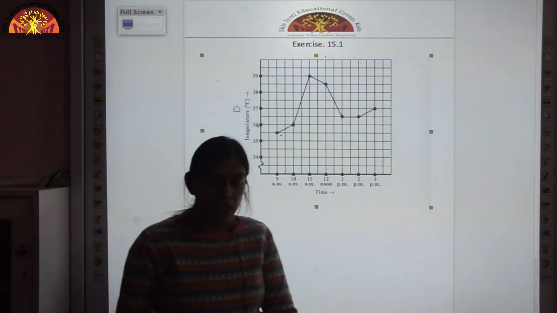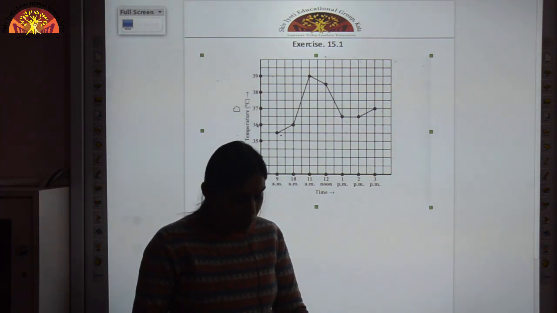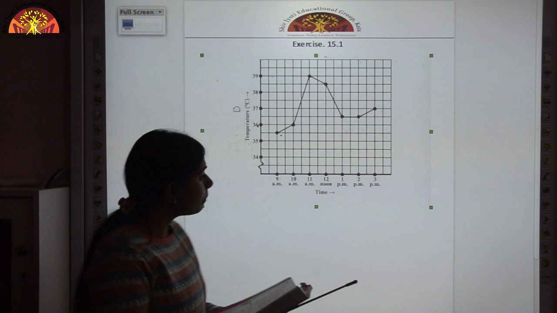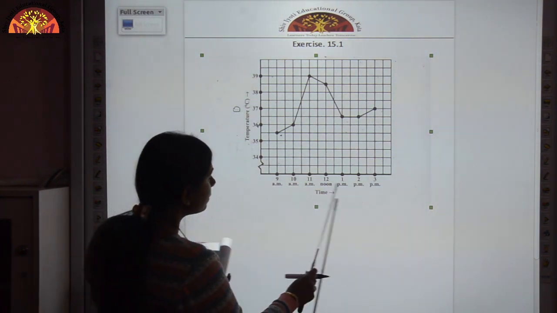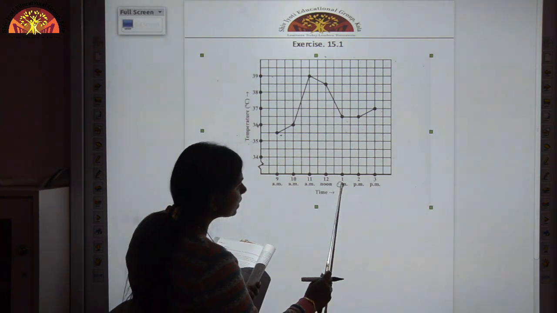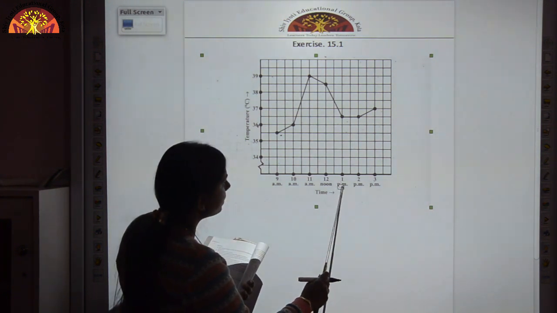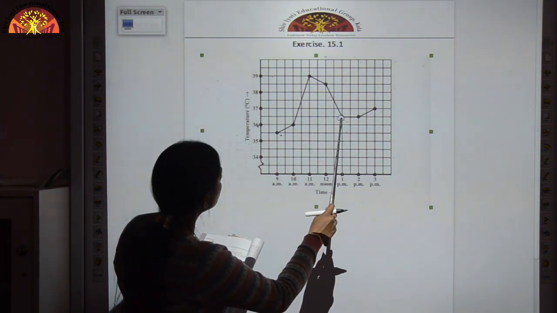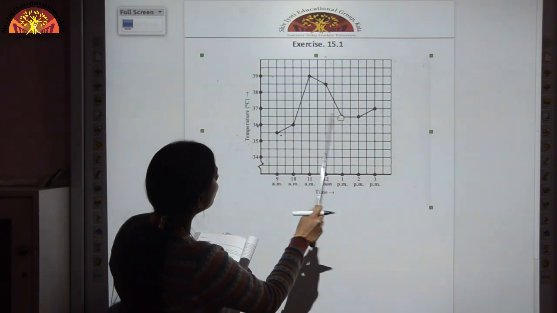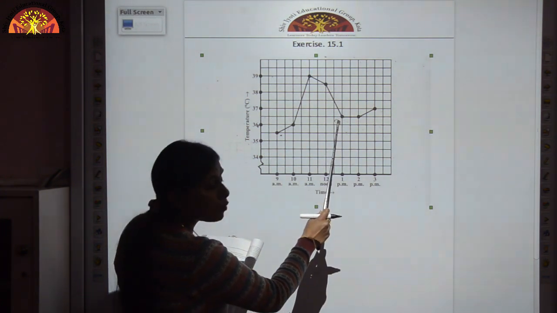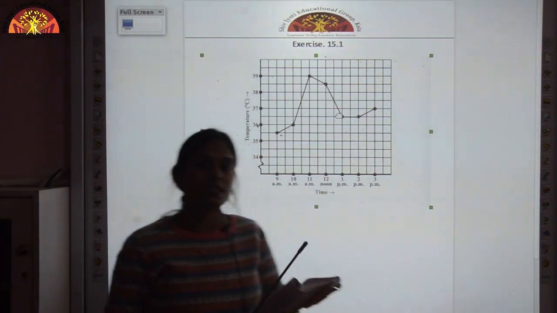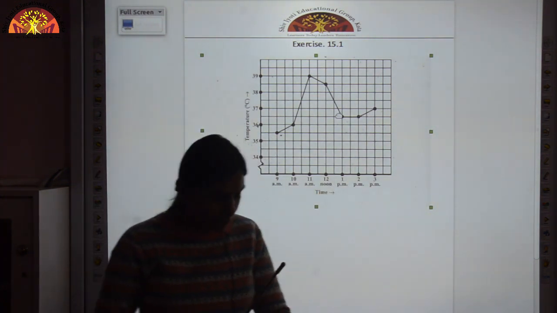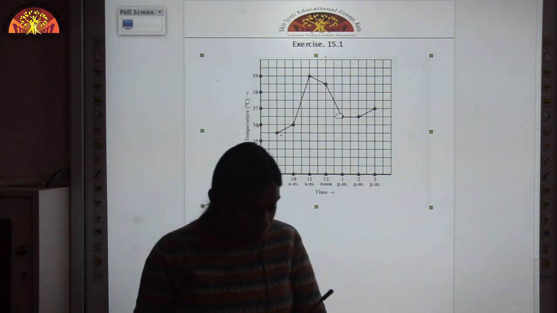So question 1, A part, what was the patient's temperature at 1 p.m? It has been asked that what is the patient's temperature at 1 p.m. So on the x-axis children, you can see here the time given is 1 p.m. and you can see across over here that the temperature for 1 p.m. is 36.5 degrees Celsius. So answer for the first part is 36.5 degrees Celsius. Okay. We will move to the B part now.